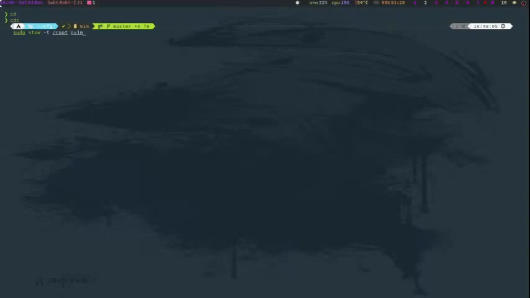So once I enter this, Stow is going to create a symlink inside the root home directory, which will actually be a symlink into my cfg directory nvim, like into this nvim directory.